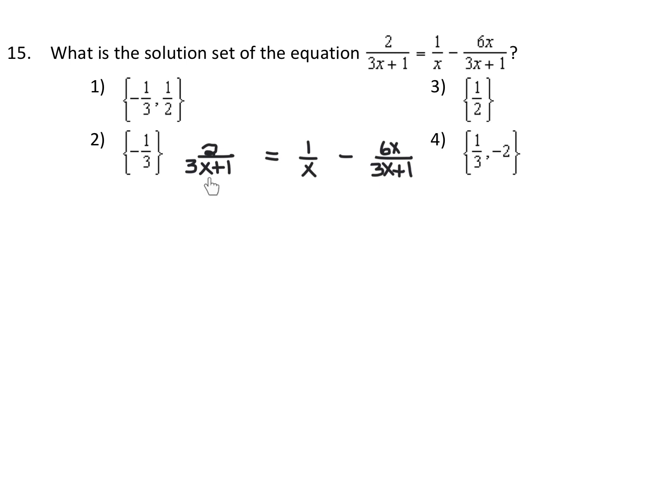Now, since these two denominators on the outside both say 3x plus 1, and the denominator of the fraction in the middle says x, we need to include all of that in our common denominator. So our common denominator is going to be x times 3x plus 1. So this first fraction and this last fraction both have the 3x plus 1. It's missing the x. So I'm going to put an x